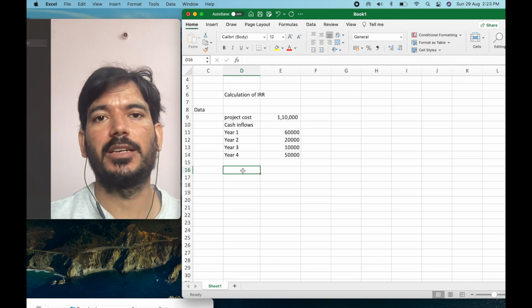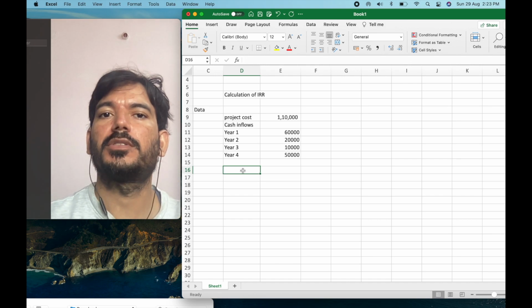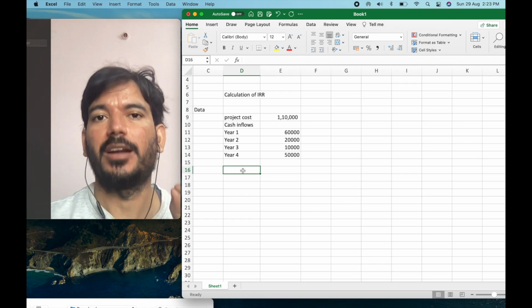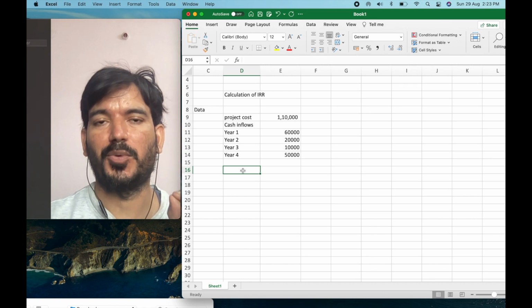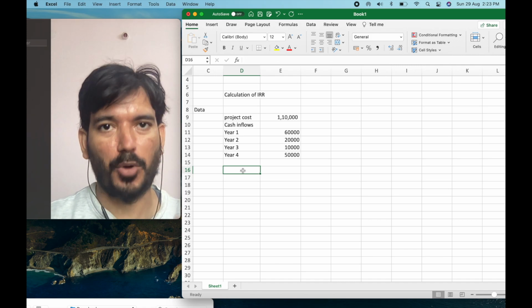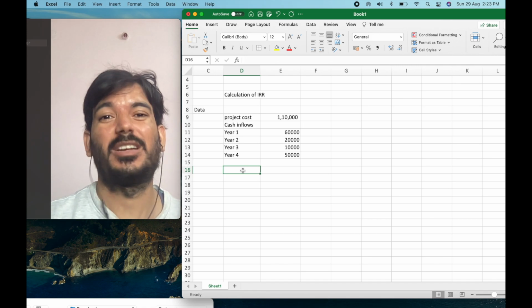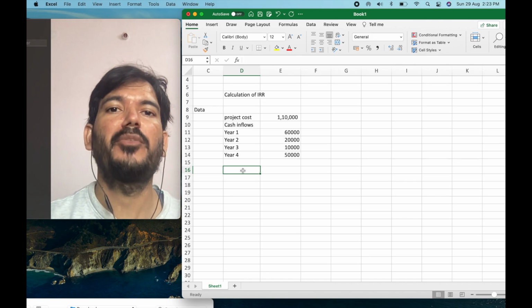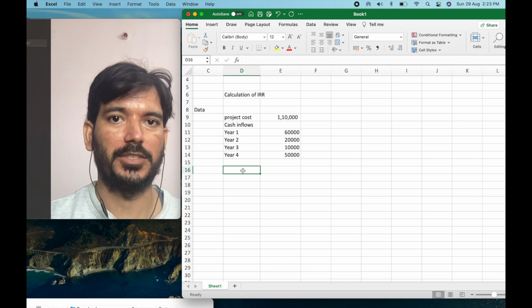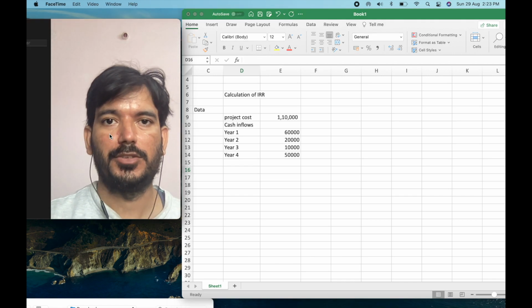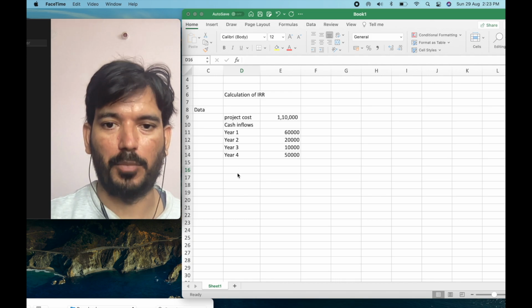It basically means that your present value of inflows and present value of outflows will be equal at a certain rate. That rate is called IRR. So when you're calculating NPV, you will find some positive or negative figure, because that is not exactly the potential of the project. Here in IRR, we will be finding out exactly what is the potential of a project. At this rate, all your inflows will be equal to all your outflows. So we'll see in this problem.